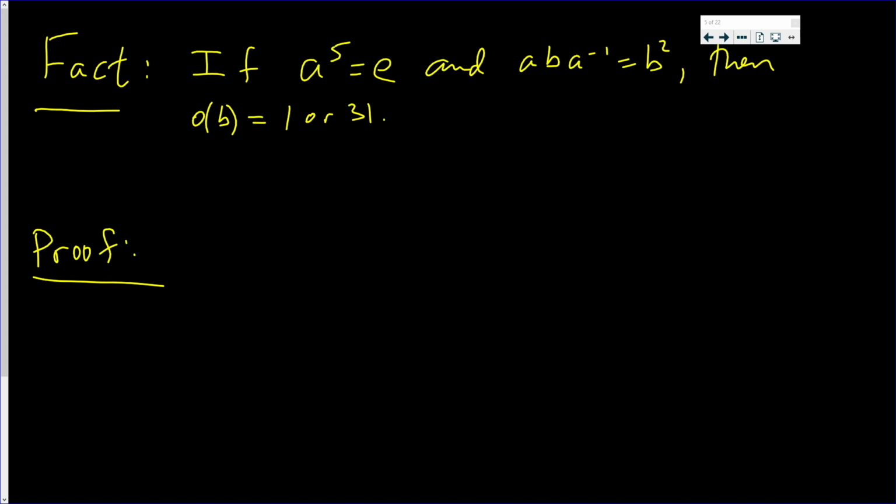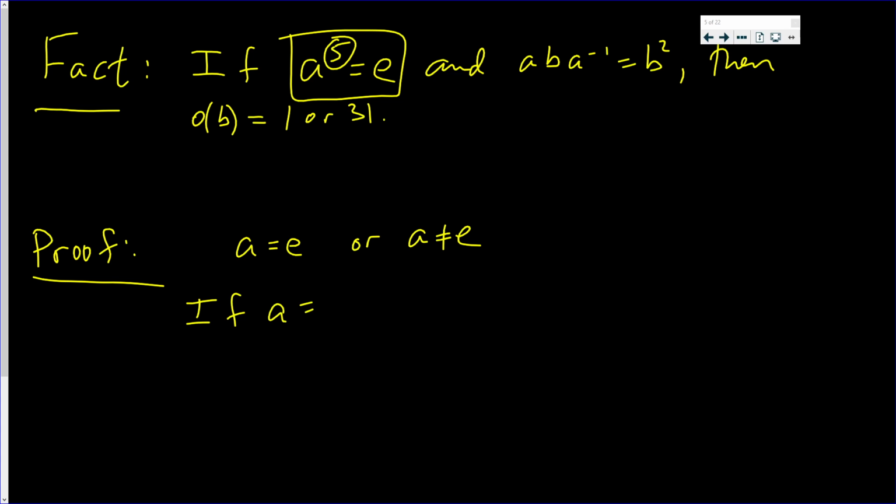Okay, now if a to the fifth equals e, note that 5 is prime, so we have two cases: a equals e, or a does not equal e. If a equals e, then